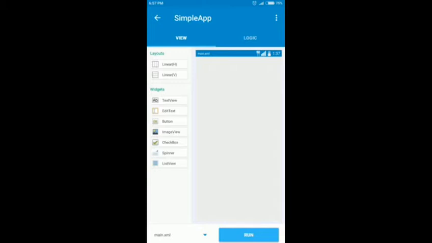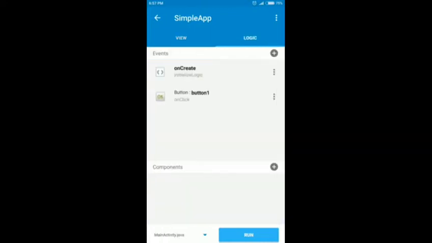So in this tutorial we'll be having a text view and a button, and when the button is clicked we'll set the text of the text view to something you like. So this is all we need in the UI section, and we're gonna move to the logic section,